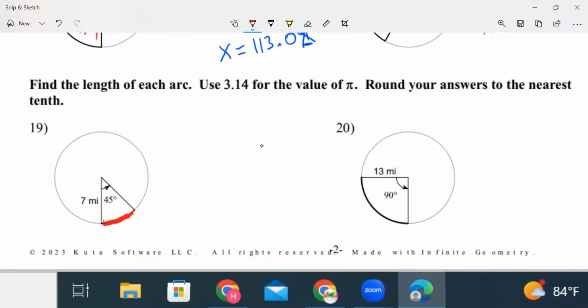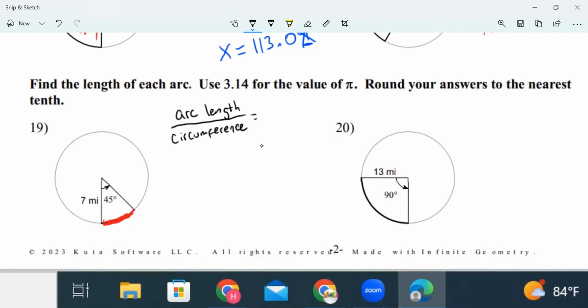So this we're going to use a formula as well, a proportion. And I'm going to say the arc length, basically what we're solving, divided by the length around the circle. Now that one, I'm just going to call it circumference. That's the distance around the circle. Remember how we measured earlier with radians that it was 2 times radius times pi, so it's not that bad. So the arc length divided by circumference, and remember circumference is the fancy way of saying the length around the circle. It's equal to,